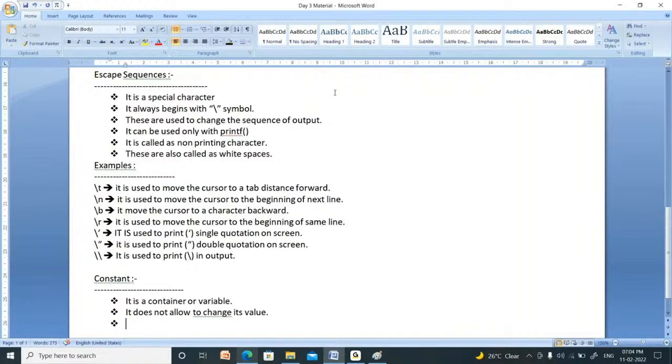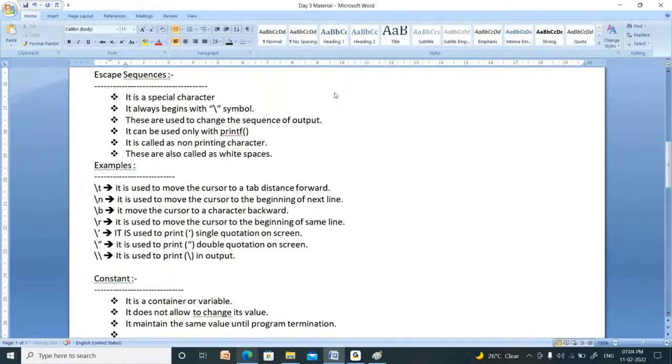That's why it is called a constant. It maintains the same value until program termination, until your program gets terminated.